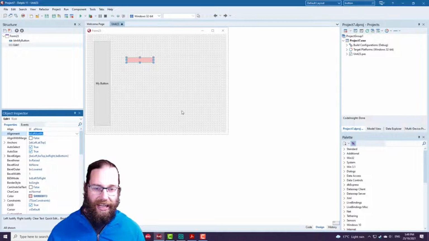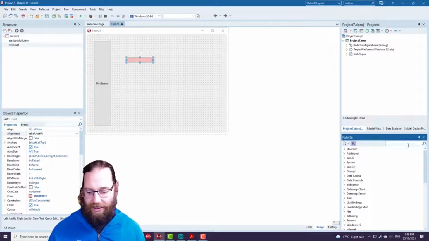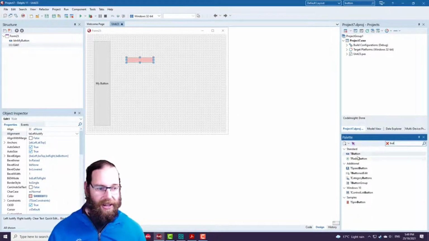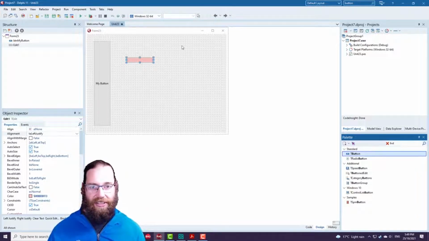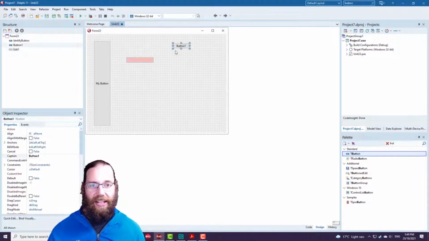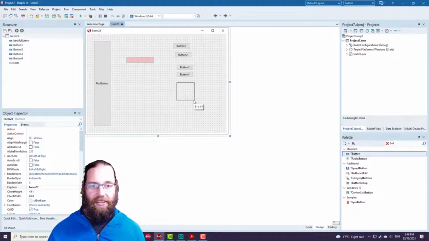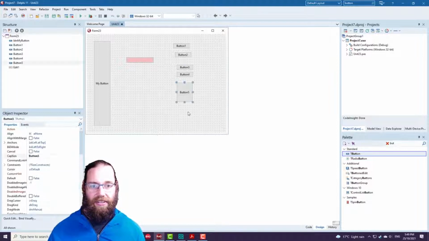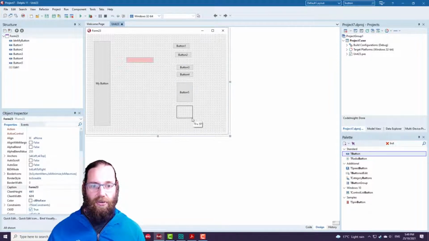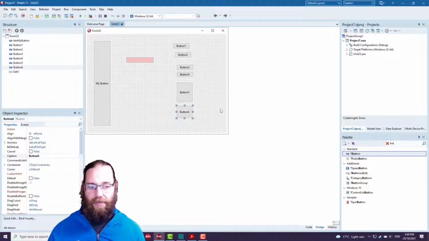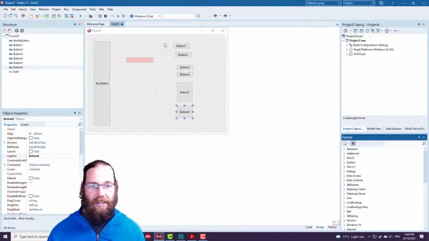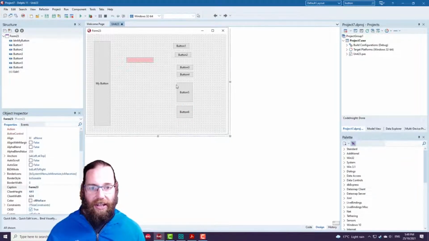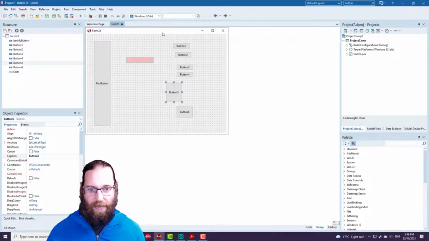And if we wanted a whole list of buttons, if I shift click on button, we see it's highlighted, and I can draw a bunch of buttons on the form. And if we wanted to align them with this button here, for instance,